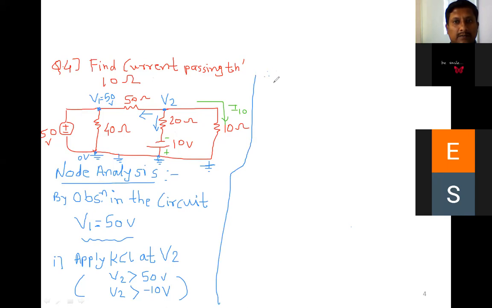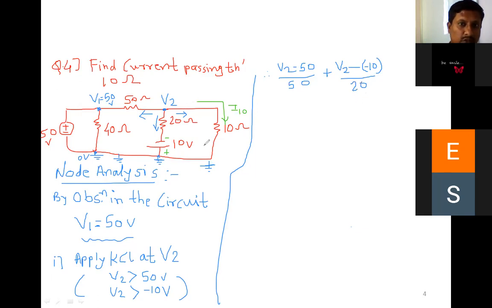Now write down the equation. V2 minus 50, two currents are positive, so you can mark this as outgoing. V2 minus 50 divided by the 50 ohm resistor. Next, tell me, V2 minus of minus 10. Take V2 minus, and write minus 10 again inside the bracket. Most of the students write V2 minus 10 again, so the calculation goes wrong. Okay, V2 minus of minus 10. If the positive plate was on top like the previous problem, we would have written V2 minus 10, but now V2 minus of minus 10 divided by this resistor, that is the 20.